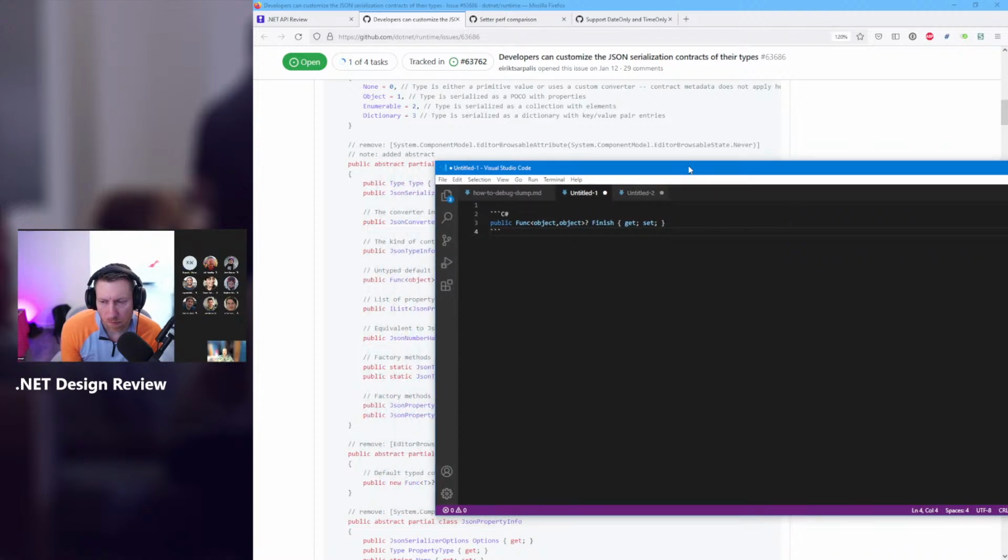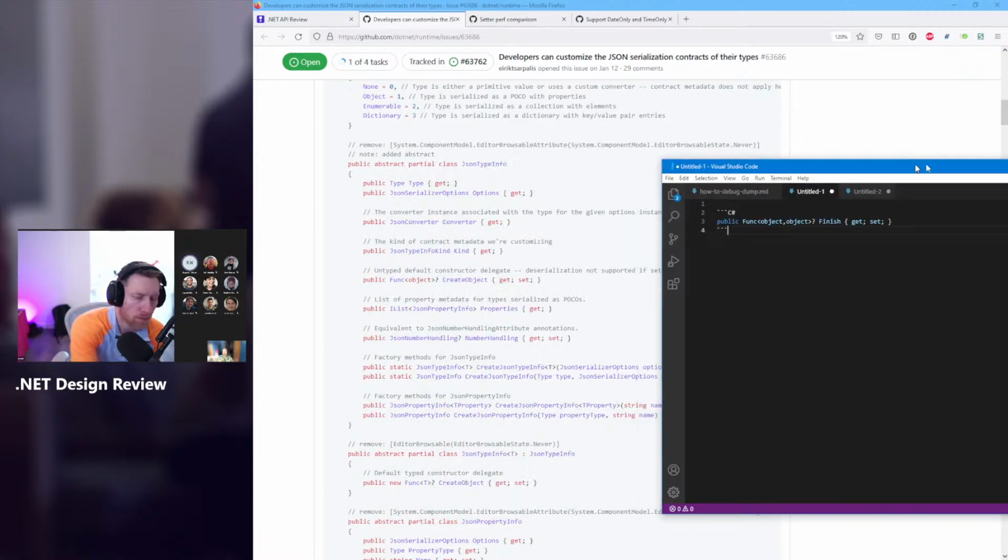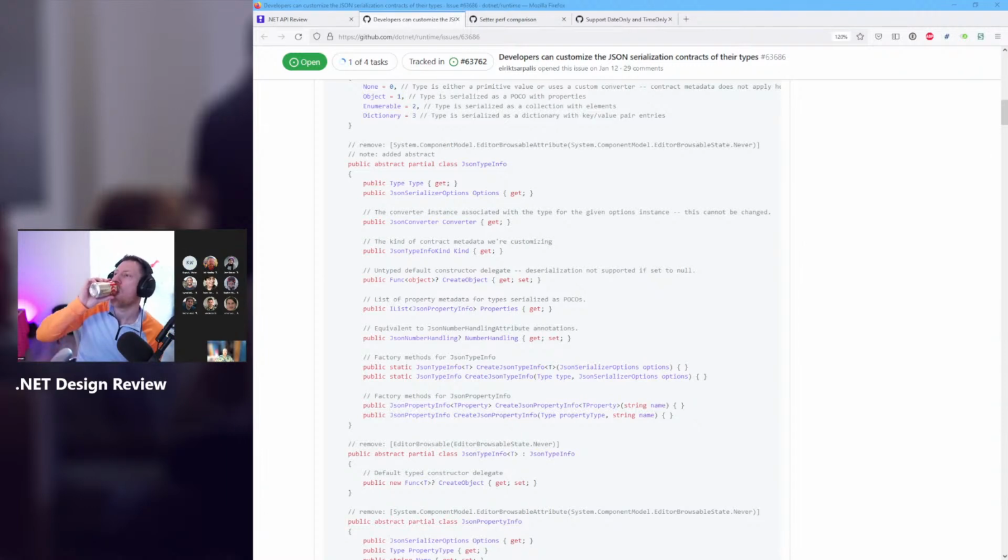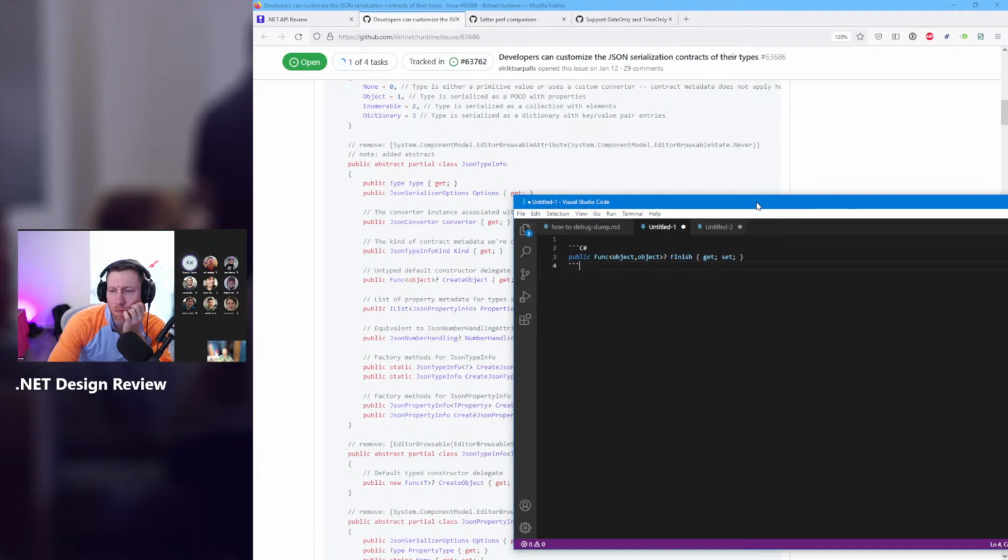Yeah, because the impression that I got in my head while Levi was talking was something like immutable array. Granted, that's a collection type, which means it's going to be a different pattern here. But in order to build it, during deserialize, you would need to build an immutable array builder. But then the thing that you're going to return at the very end is an immutable array. So the create object call can't even create the object of the right type because you need this intermediate placeholder. So it does seem like adding the object to object delegate here would be